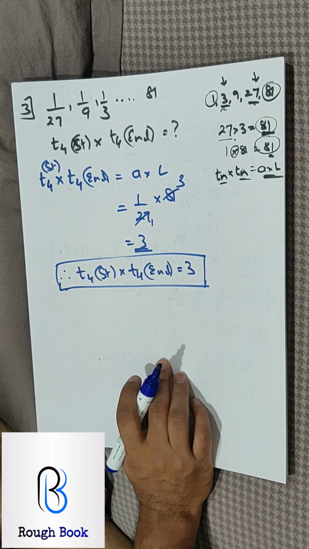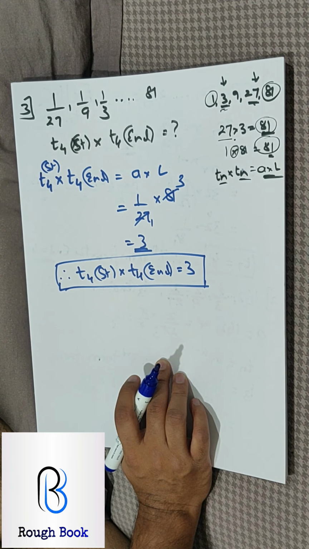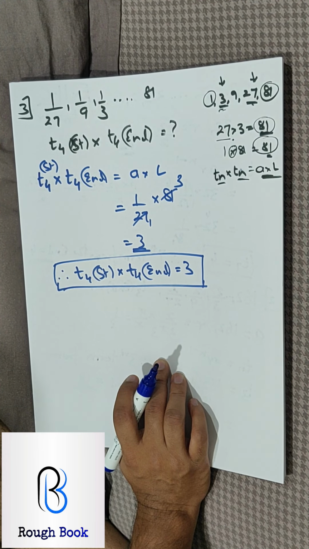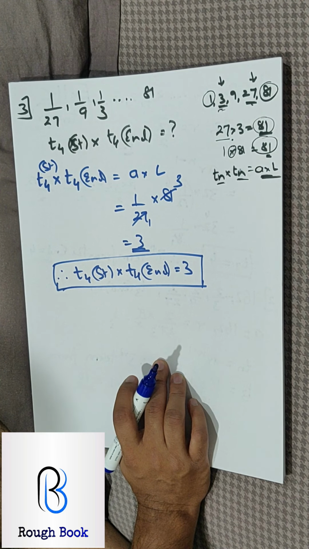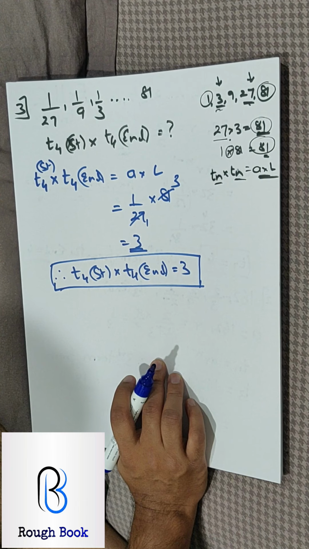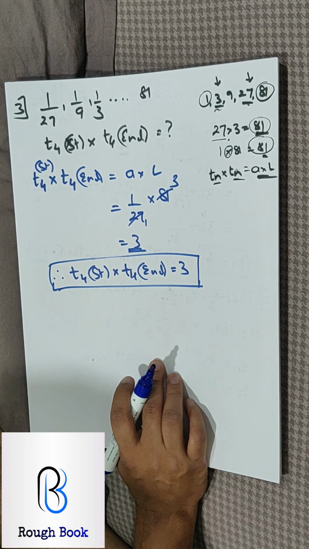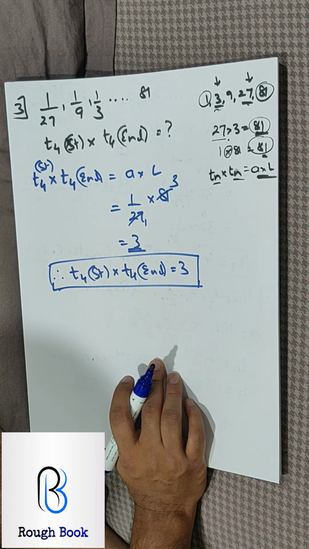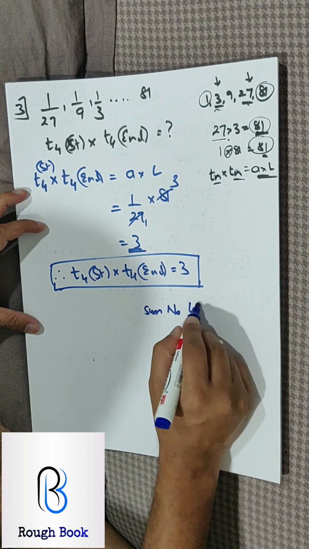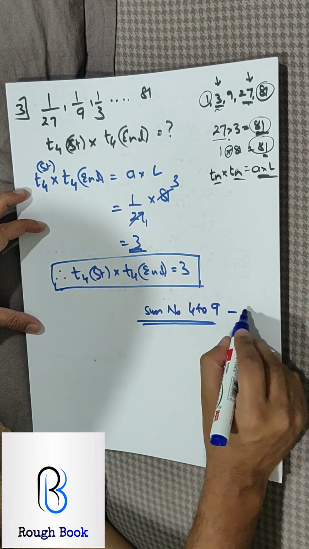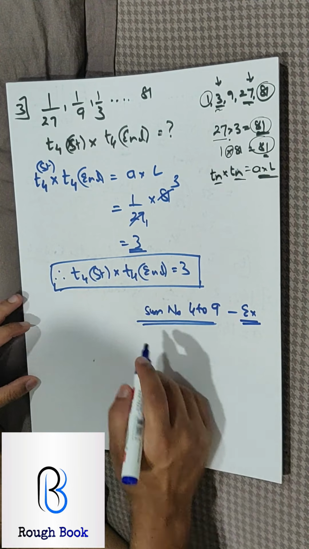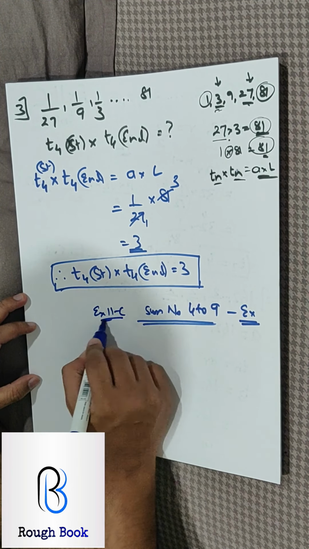The property is given on page number 156. If you look at page 135, at the bottom you will see the series, and then when you go to page 156, the property is mentioned there. The rest of the sums, that is sum number 4 to 9, are all exempted or cancelled. So please cancel those sums for this exercise, that is exercise 11C.